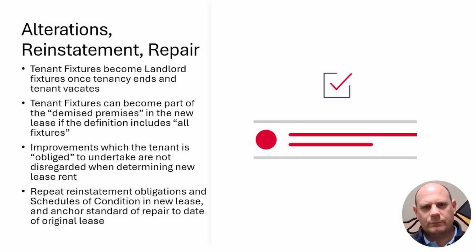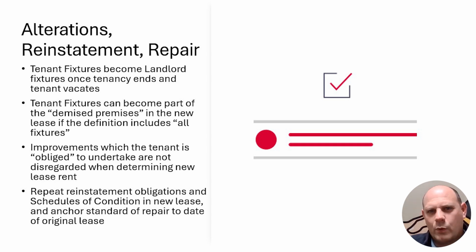But, and this is crucial, Lord Denning noted that it all depends on how the demised premises are defined in the new lease. If the new lease defined it as being the premises together with all fixtures and fittings therein, that will result in what was the tenant's fixtures and fittings now becoming landlord's fixtures and fittings. The practical point for advisors is to review the definition of the demised premises in the new lease. It should expressly exclude tenant's fixtures and fittings, or better still, include a schedule listing what the tenant has a right to remove. The danger is to assume that the position under the old lease will continue.